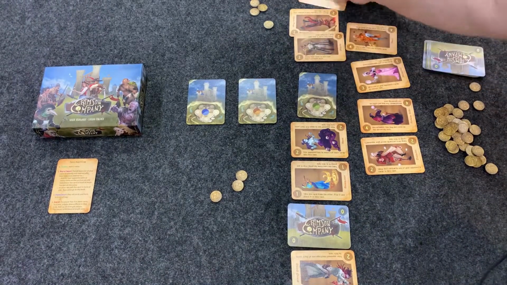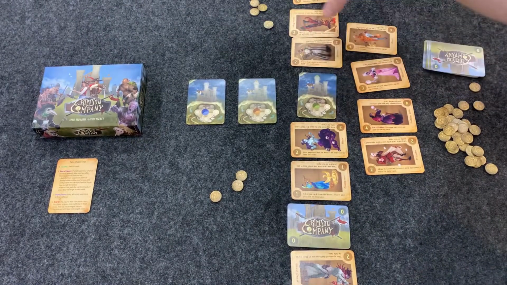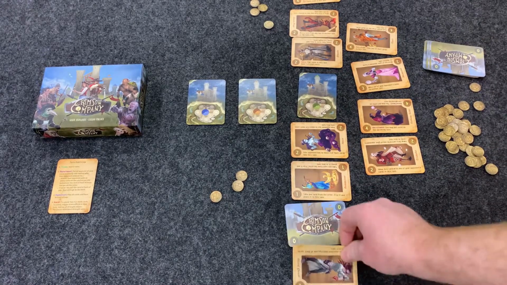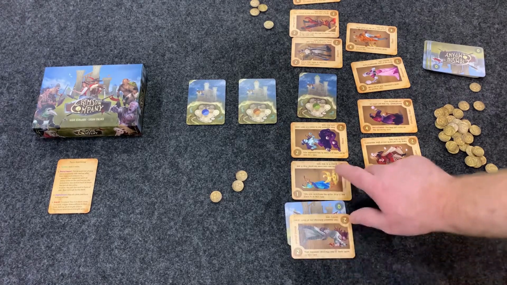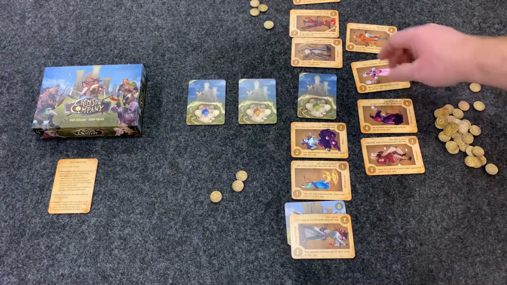So this side will add it, and this one also has a score. Gain 2 strength for each of your face down cards. You'll take those into effect in the total score. So in this example here, I'll pull this card up so you can see a little bit. This one's flipped, so it's 0, but you're going to have 2, 3, 5 power on this side, and this side's going to have